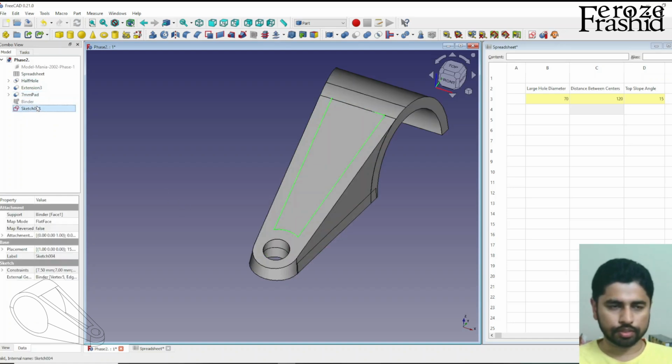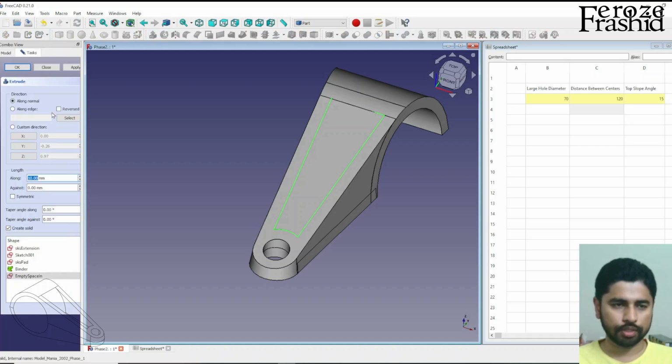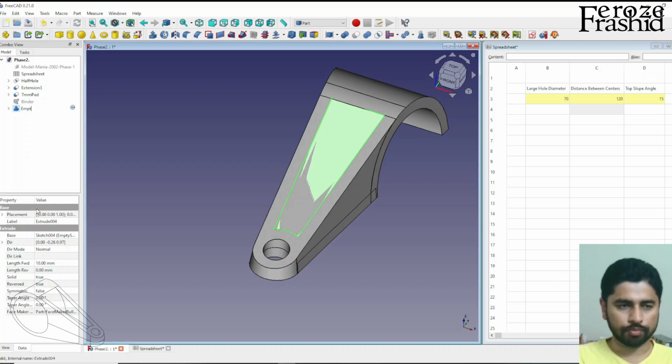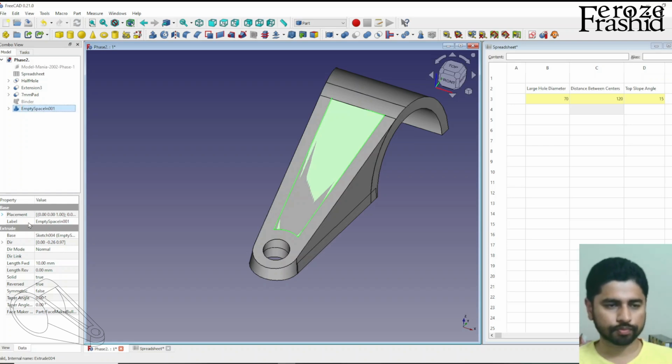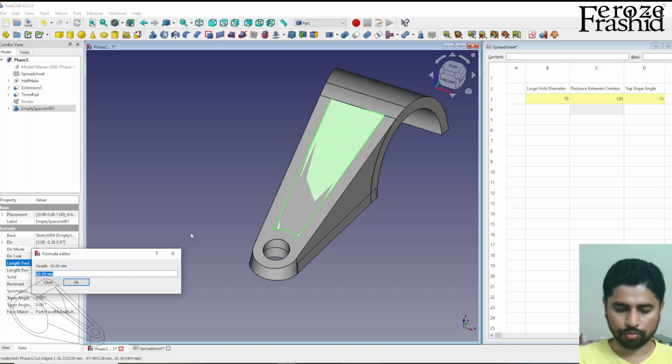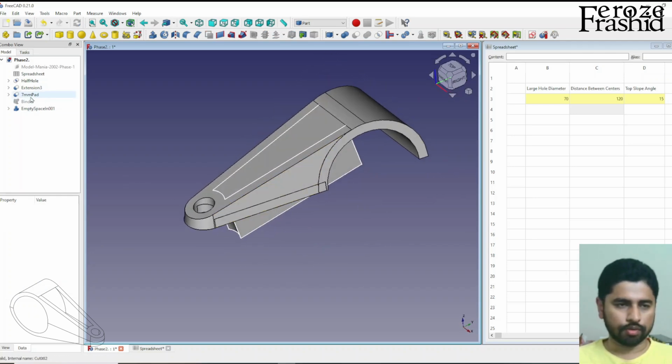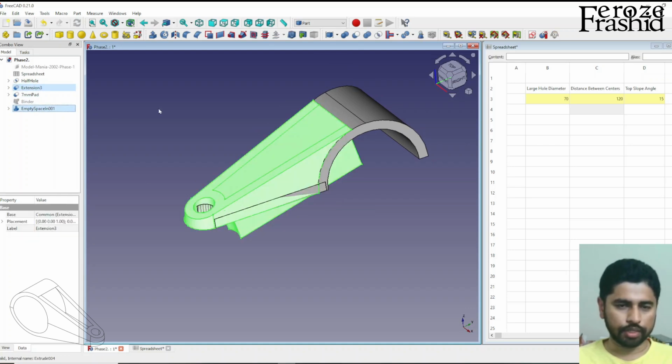and this sketch, it was empty space inside, and we want to pad that in the reverse direction with a formula. So I name that empty space in. The length would be, that comes from the formula, which is half the diameter. Say I'm just gonna make it a little bit more. Yes, doesn't hurt. All right, so I want to keep this and delete this,